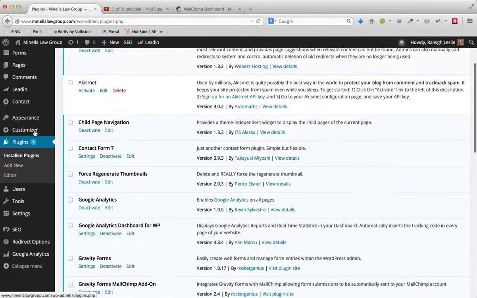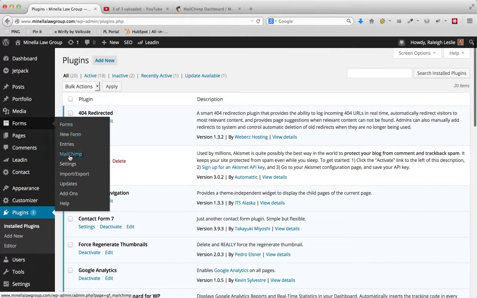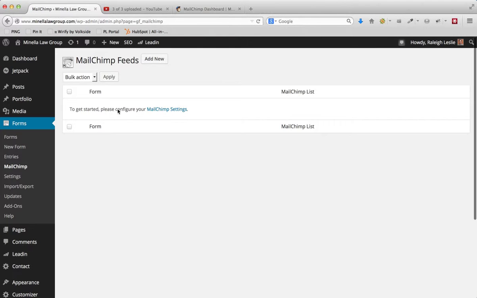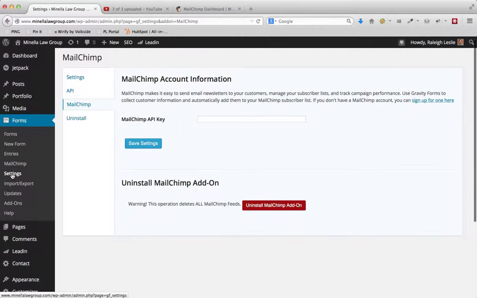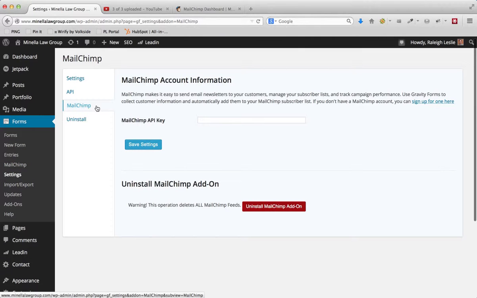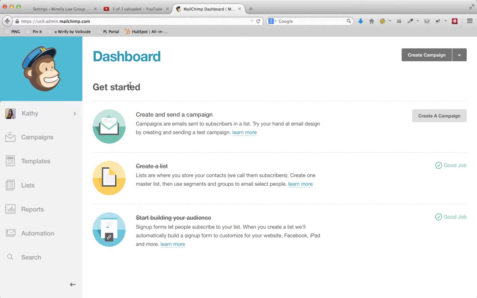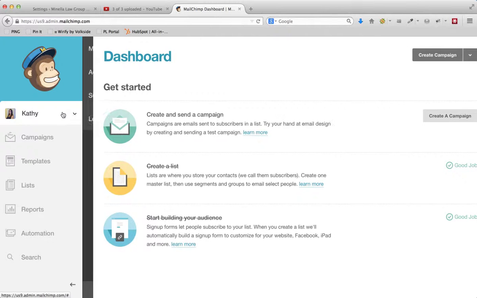Once you have that, under Forms you can click Mailchimp, and it's going to tell you that you don't have the Mailchimp settings configured yet. We can click this, which takes us to another area under the Gravity Forms settings in a new tab called Mailchimp that comes with that plugin. It asks you for your Mailchimp API key, which can be a little intimidating, but it's actually very easy to do. If I pop over to the Mailchimp account associated with this website,